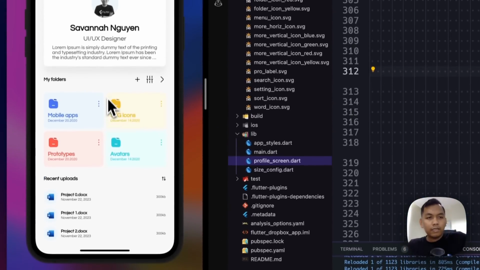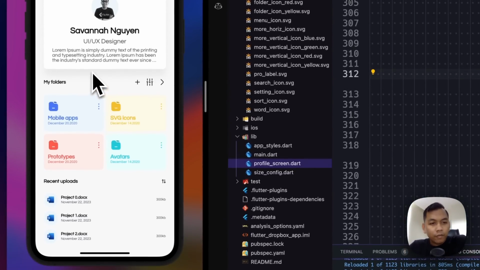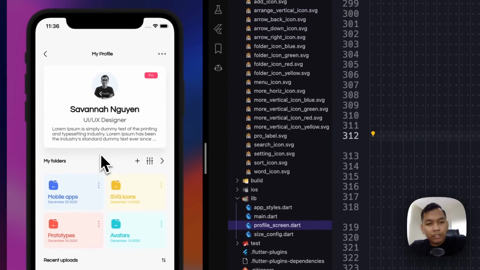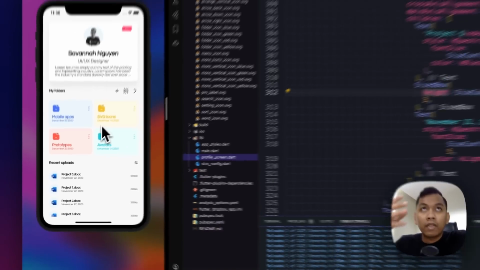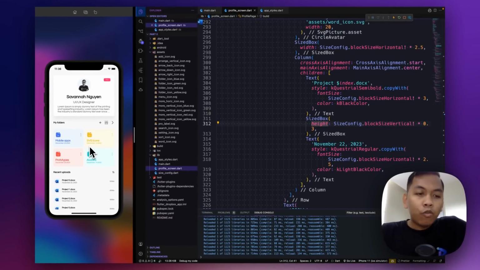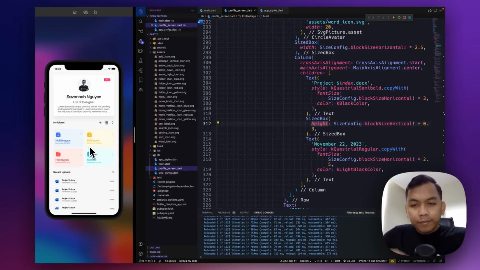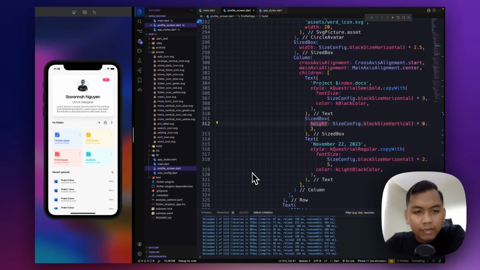Alright, so yeah, this is the result. So we have a shadow here, we have a grid view, and also we have list view builder for our recent uploaded file. And this is the design, and this is the result.